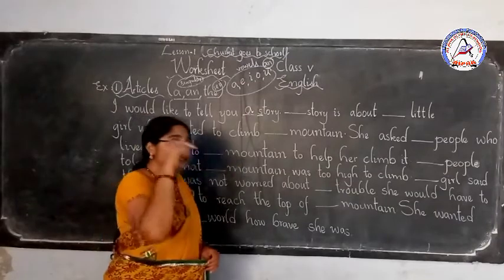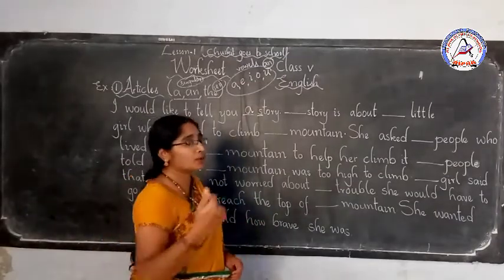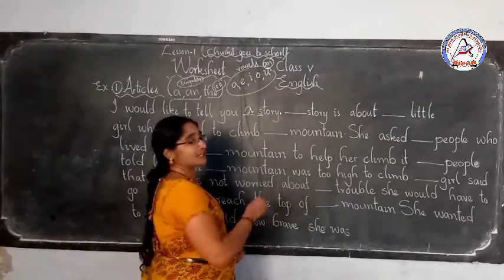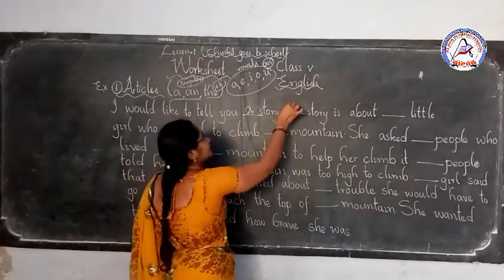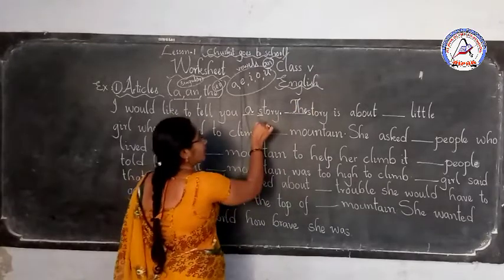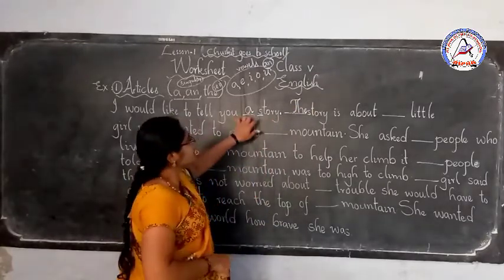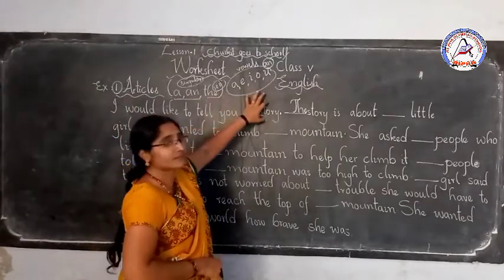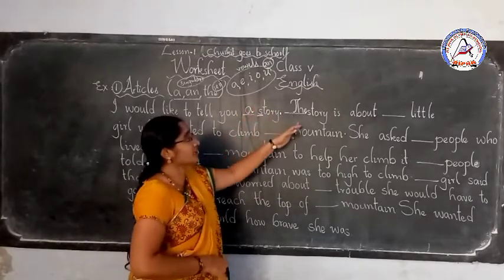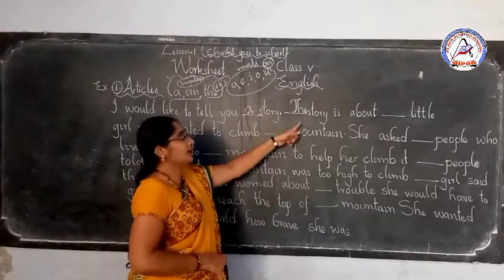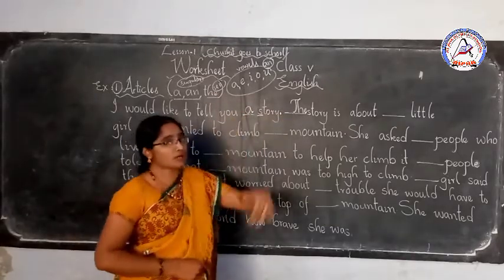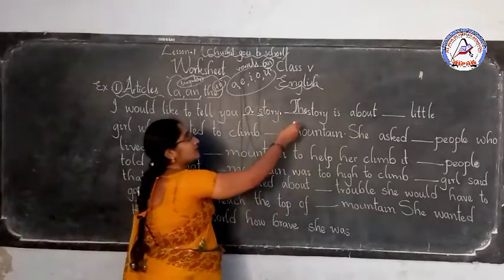You said, a story. That story, that same story. That's why it is already known. So you will write the. And because after the full stop our sentence begins here, you will write the story. Why are you using the article the here? Because already you know which story. Which story? The one you already spoke about in the first sentence. The same story you are saying here. We are talking about the same thing. That's why in the second sentence you have to write the. Whenever you are talking about a thing for the first time, you will use a. And the same thing if you talk about it in the second sentence, then you will write the.